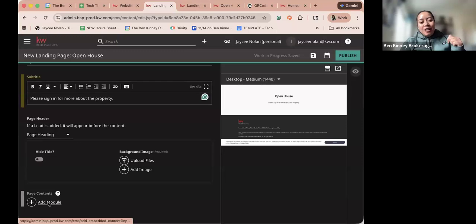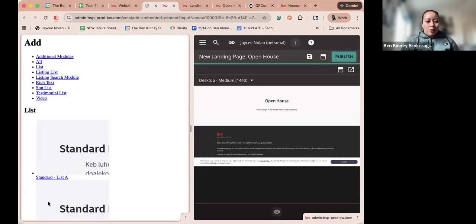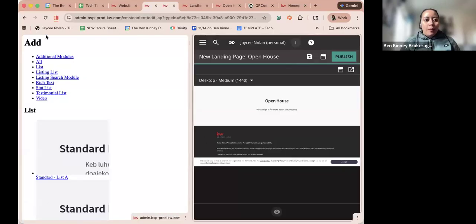All right, so right underneath page contents is where we're gonna add in some widgets, and widgets are,